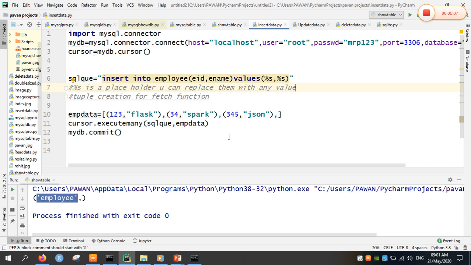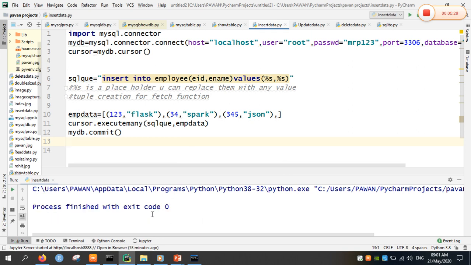And here we are going to create the tuple values. Why do we create the tuples? Because in the read operation MySQL gives two methods, fetchone and fetchall. Fetchone will read only the first record and fetchall will read all the records. For that we will create the tuples here, and using a method called executemany, we are going to perform the operation of inserting the data into our table. The project finished with exit code 0, with no errors.